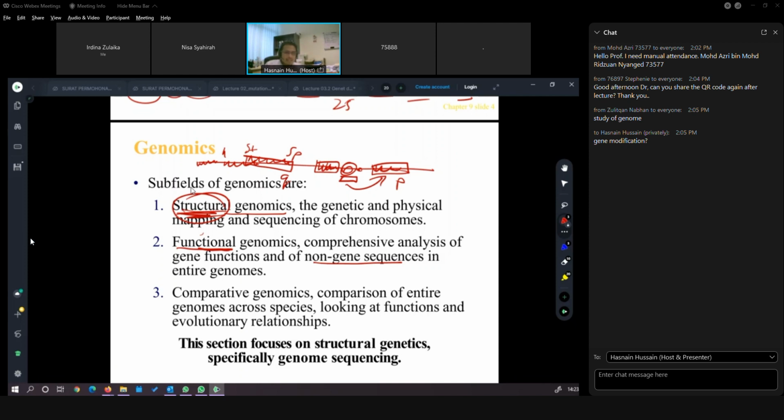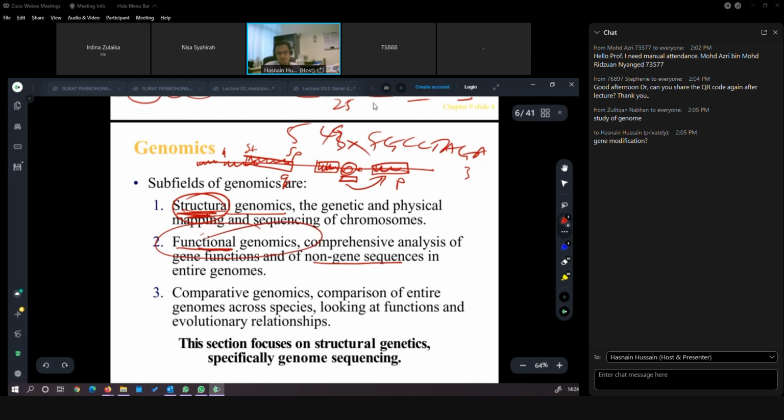Another example is a repetitive sequence in a certain area that can be used for DNA fingerprinting. For example, I have 3 repeats of a sequence like GGG, CCT, GA. Then when we do the analysis, another person has 4, another person has 5, and another person has 3, similar to me. Those are what is meant by functional genomics.